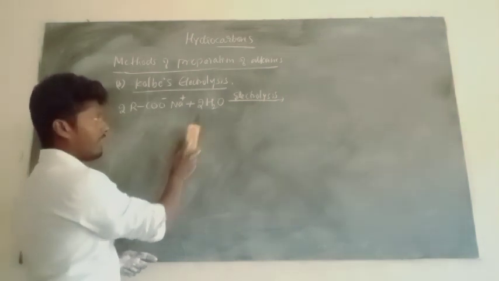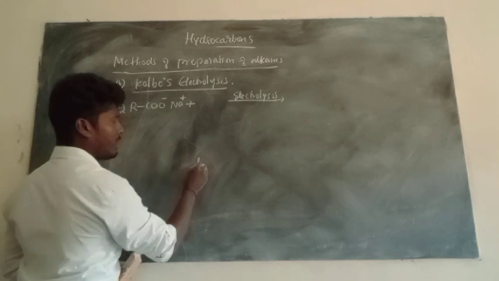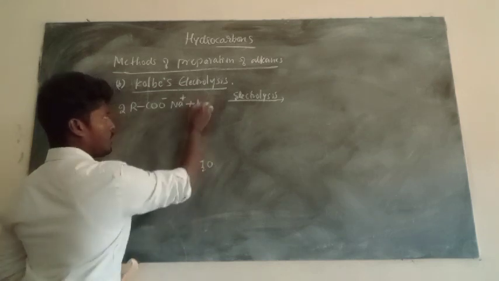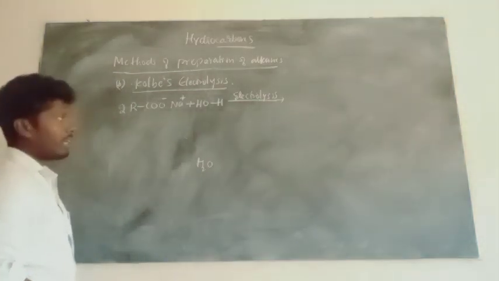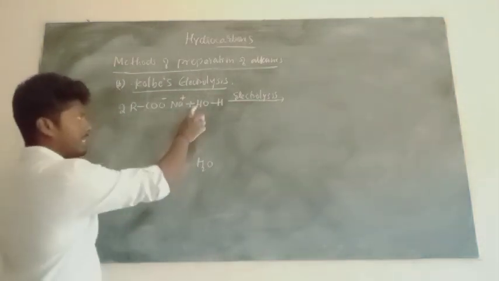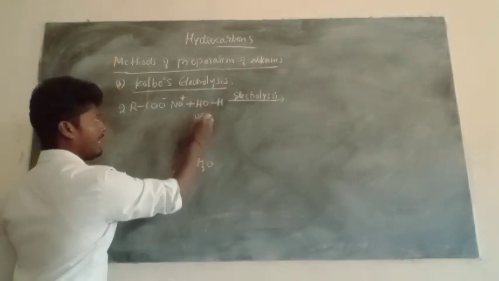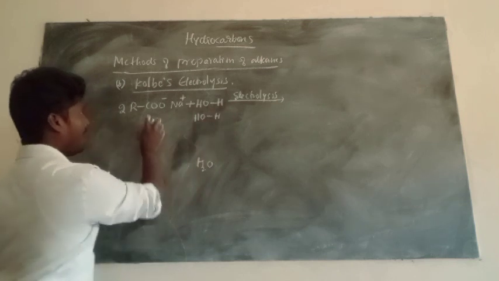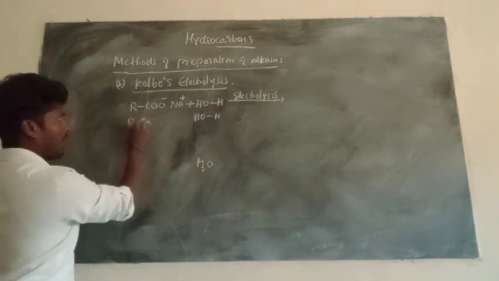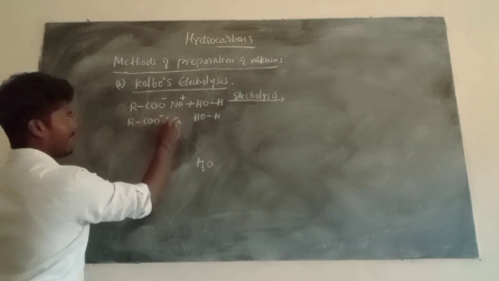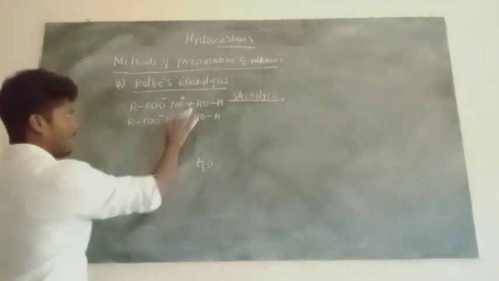Now to understand this, I am modifying the reaction. Observe what we are modifying. There are 2 H2O, right? Water H2O can be written like HO-H, can't we? Yes, we can. That is HO-H, one molecule of water, plus one more molecule written as HO-H. Similarly, observe here there are 2 times RCOO-Na+, we are taking 2 times of this one.